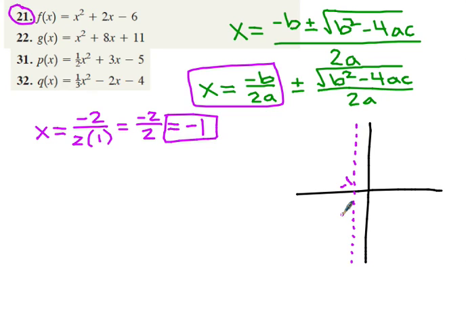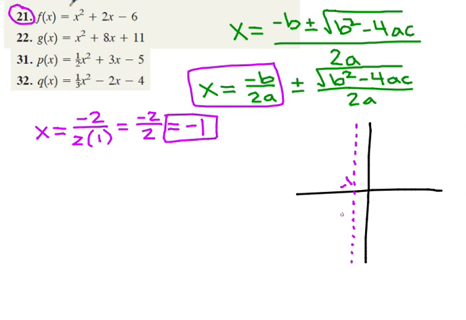How do I find the vertex then? Negative b over 2a is the vertex, like it's going to be on this axis, right? So that gave me the x value. How can I find the actual coordinate point, the true vertex? Plug